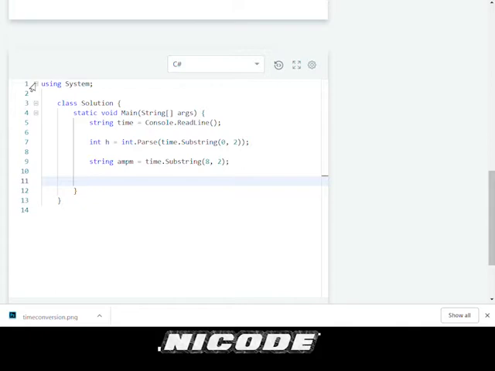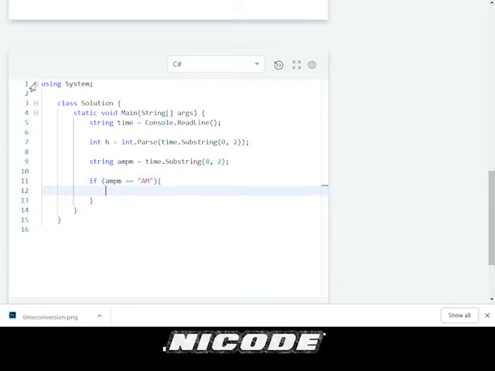So we'll start by typing if AM PM equals AM, and this is going to be checking if our time is AM, then